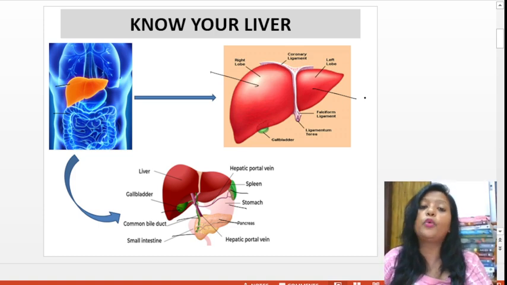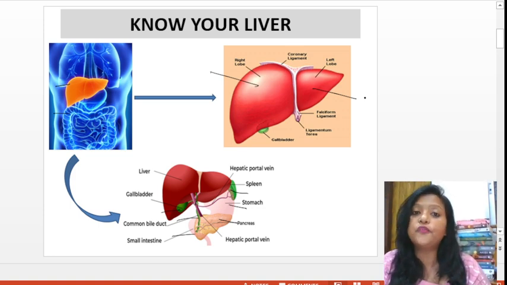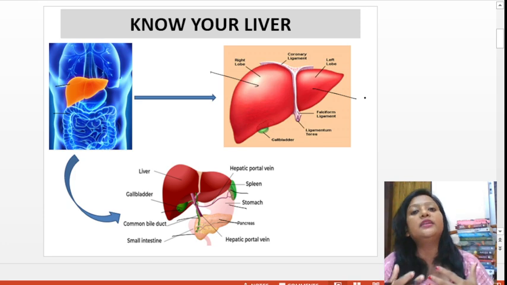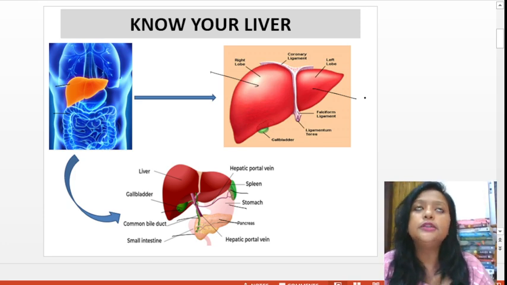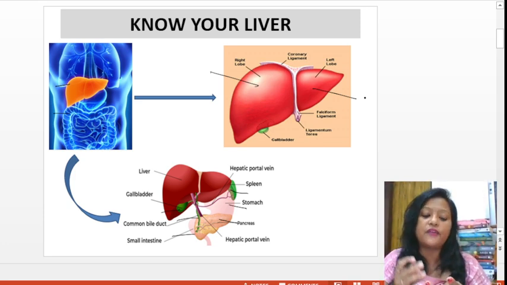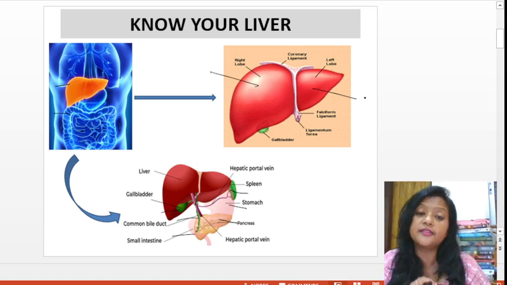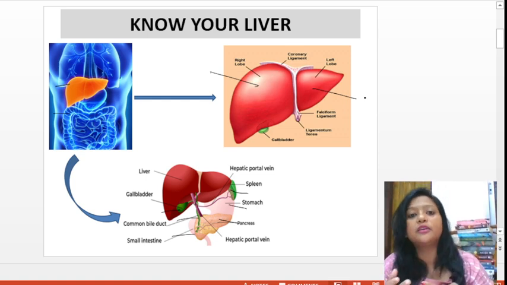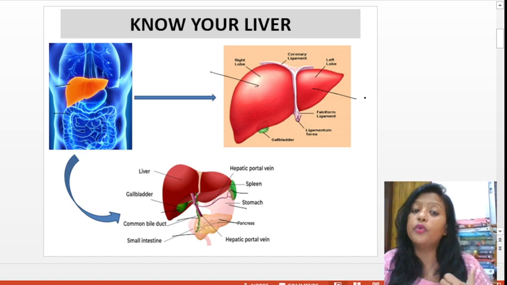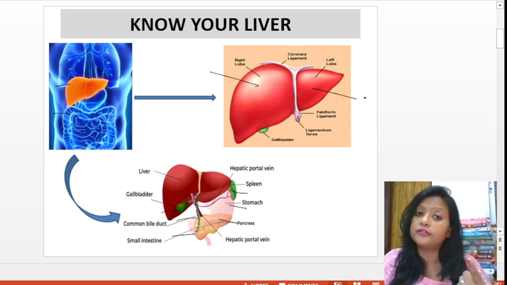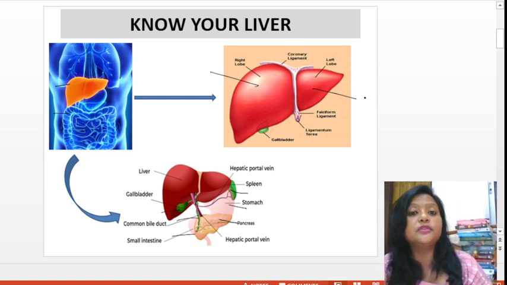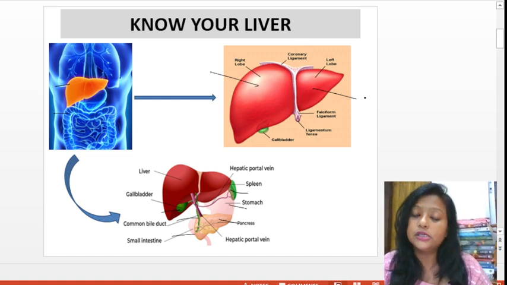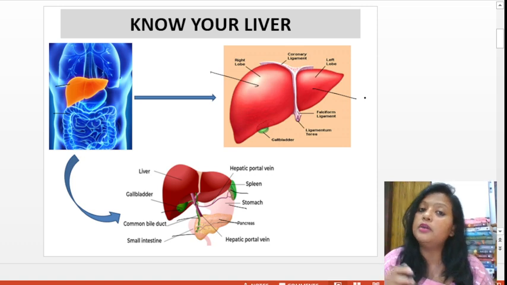Now, one more thing. What are the functions of liver? First of all, we take in food for nutrition. So we get carbohydrates, proteins, fats. These are all metabolized by the liver. Liver metabolizes them, processes them, and stores them in the body in the form of glycogen. So whenever the body requires it, it is supplied. Most importantly, liver will also convert these nutrients into energy, which is then utilized by our body.